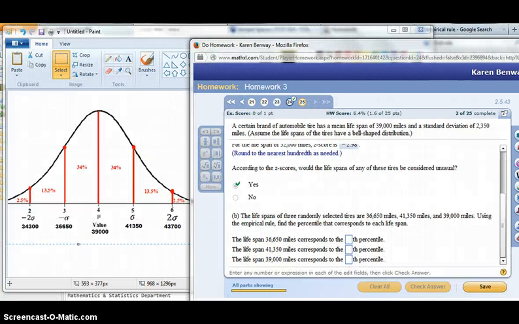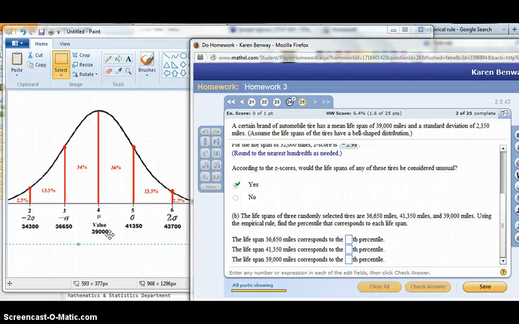Now keep in mind that the empirical rule told us that there were 68% of the data within 1 standard deviation of the mean, and so that's 34% on each side, both below and above the mean, that's within 1 standard deviation, and that there's 95% within 2 standard deviations. That's something we went over in class. So once we have figured out what percent is in each of these regions, we can also, for this particular data, we know that the mean is